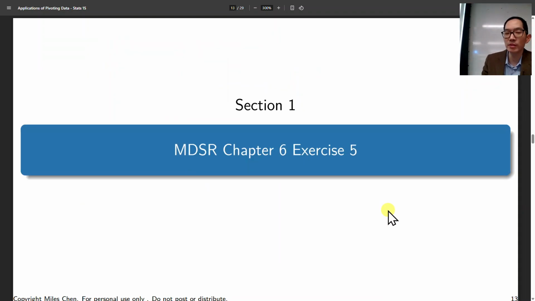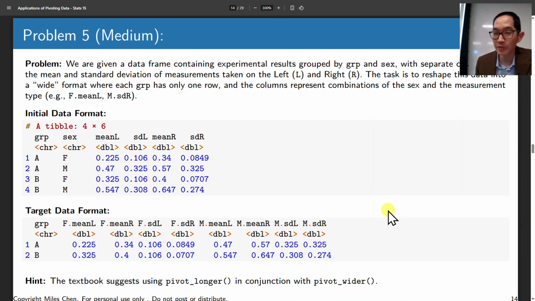So far, so good. All right, so these are a couple examples from the textbook that show again pivoting in action. And so sometimes you're in a situation where data comes in one form, and you want to rearrange it in other ways,